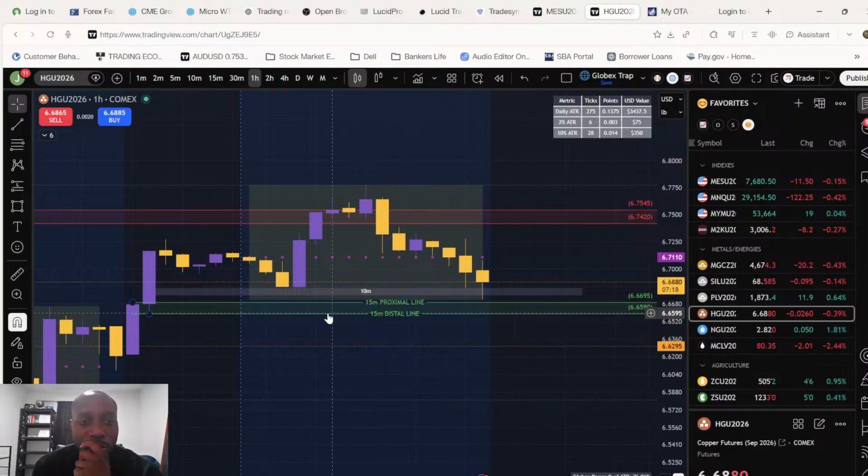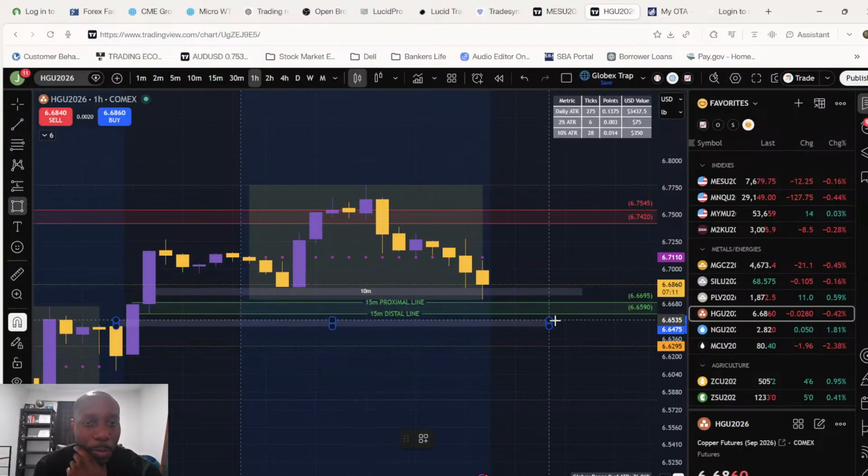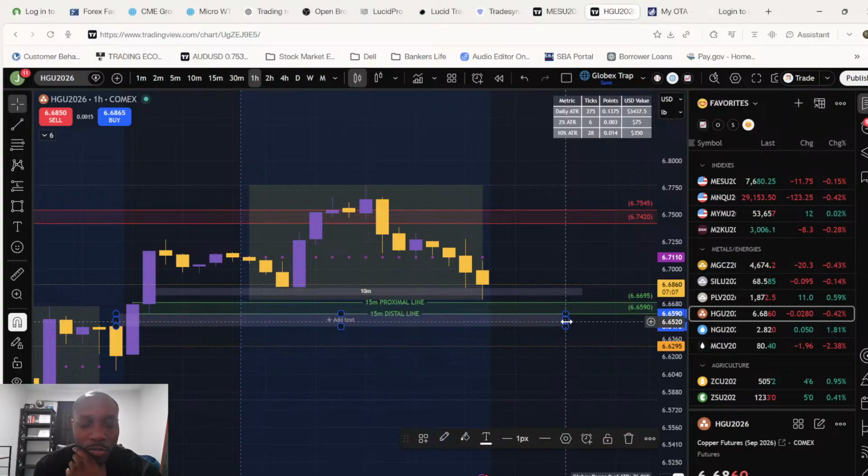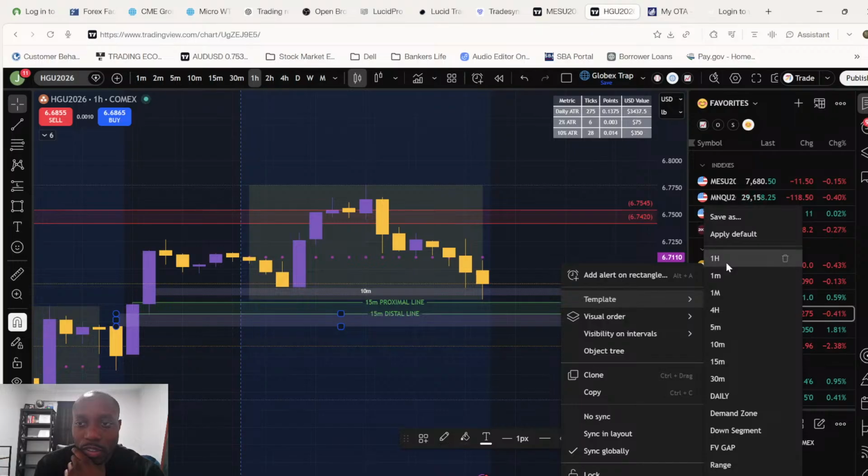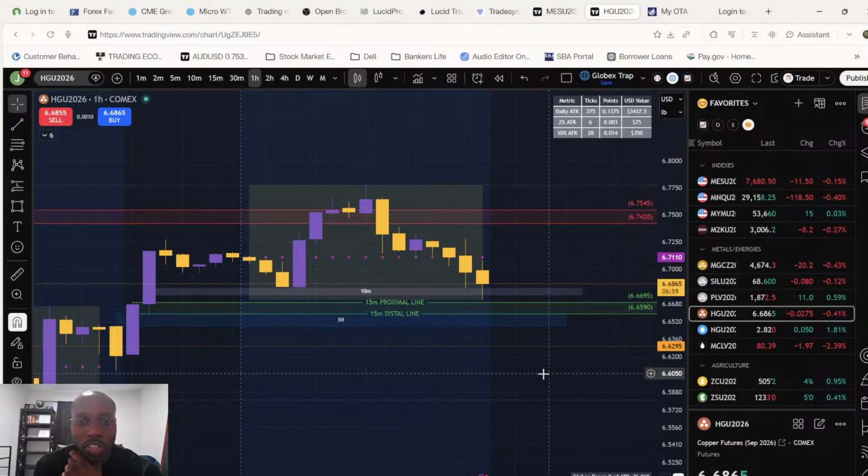But yeah, that's on a smaller time frame. If you want to go to the hour, which I'm on an hour here, I have an hour gap right here, which I would prefer over the one that it touched, because the higher the time frame, the more weight you give it, the more weight it has.